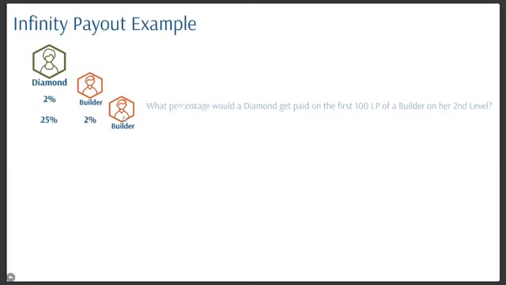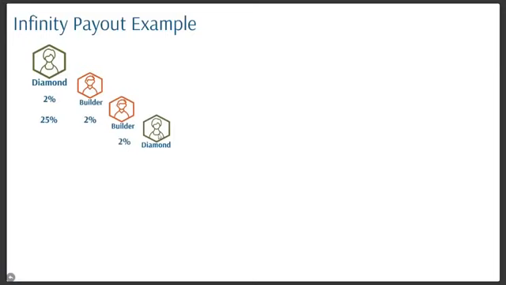So good job. Let's continue with the example. Now that you can kind of see how this chart is building out, what percentage would a builder get paid on a diamond on their first level? 2%. So one cool thing that I want to point out here is that just because somebody outranks you in